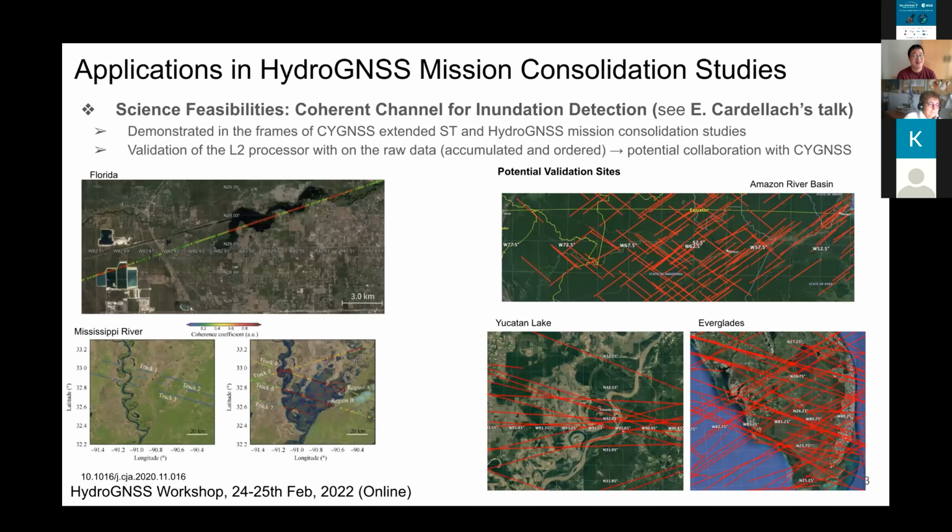The raw data processing results can also support the mission science objectives. For example, as Tal introduced yesterday, we'll be using the coherent channel for inundation detection. In fact, the feasibility of this application was demonstrated in the frame of the Cygnus extended science team study, as well as in HydroGNSS mission consolidation studies. But for the development and validation,